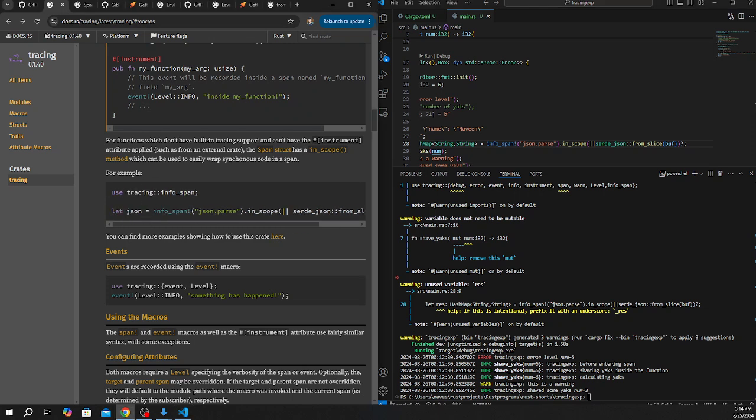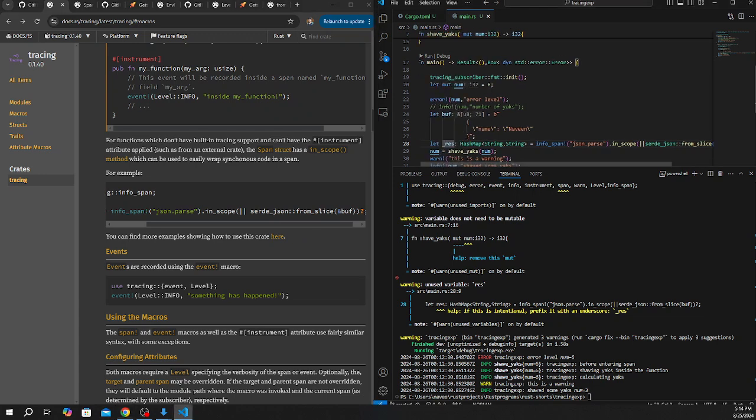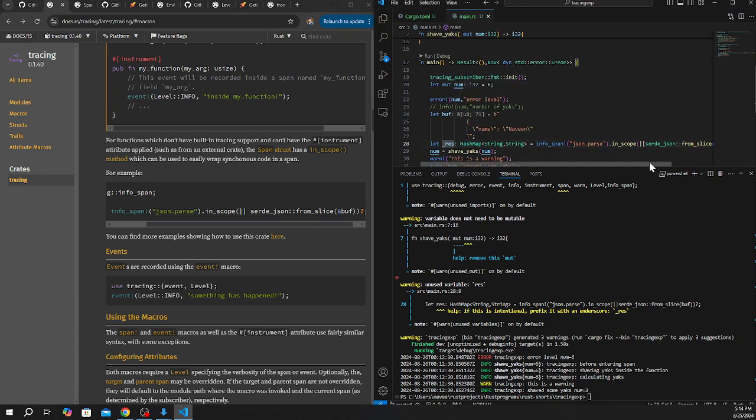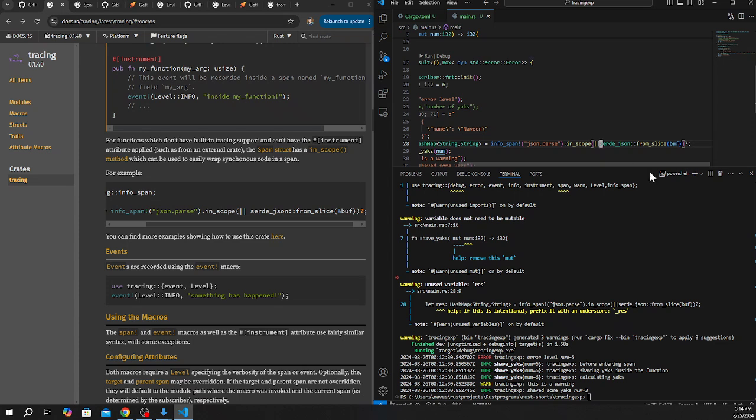For functions, we don't have built-in tracing support, so we can't have an instrument attribute applied. In scope method, which can be used to easily wrap synchronous code in a span. Okay, so it's just a synchronous span, and let's see, I can do,